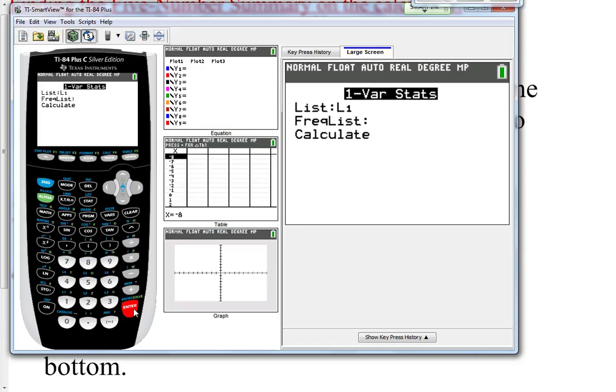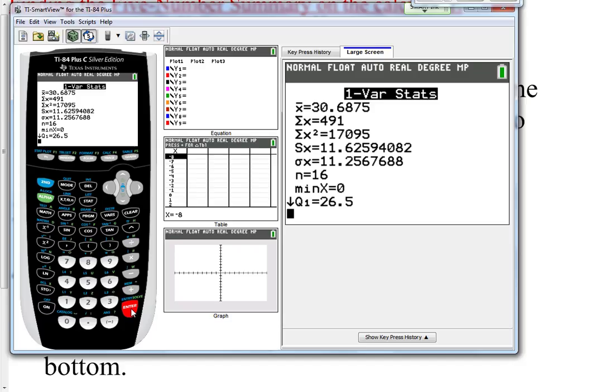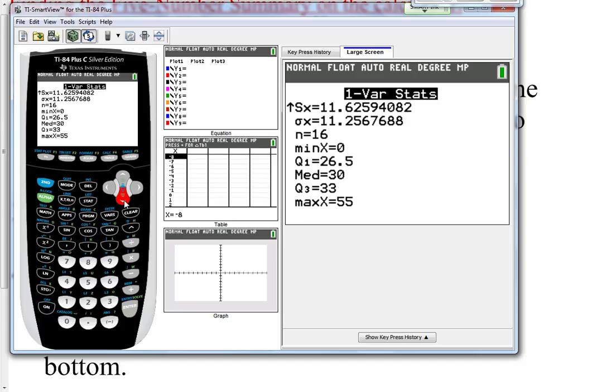And right now it'll ask, do you want to calculate the statistics for list 1, list 2, list 3? It defaults to list 1. If you enter this data into list 2 or list 3, then you would change that. I'll tell you how to do that when you get to class. But here we're just going to keep it as list 1, and then we're going to go down to Calculate, and press Enter. Now if you scroll all the way to the bottom, look at what we have here,